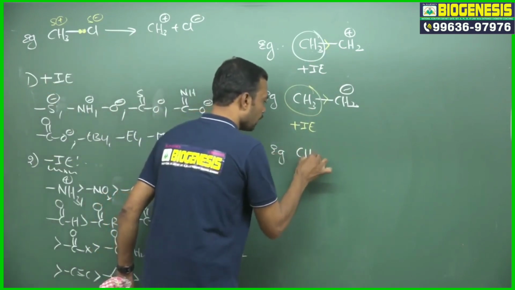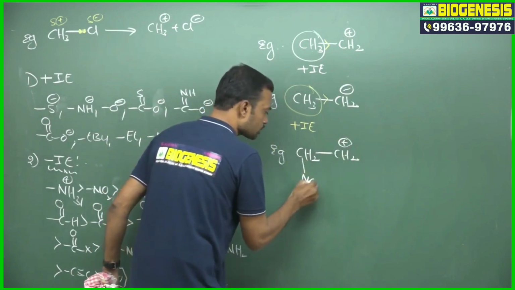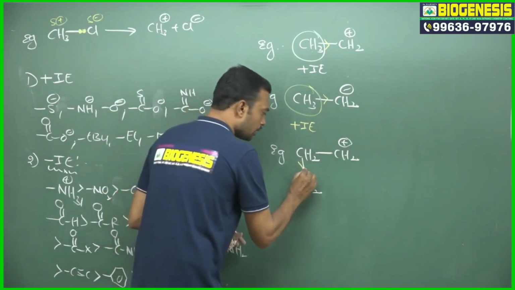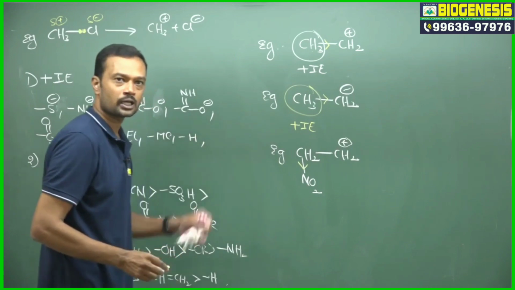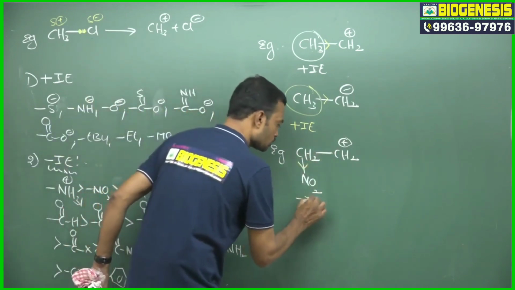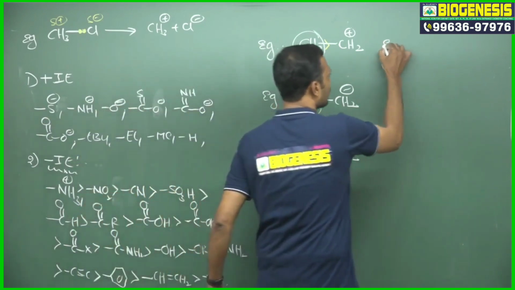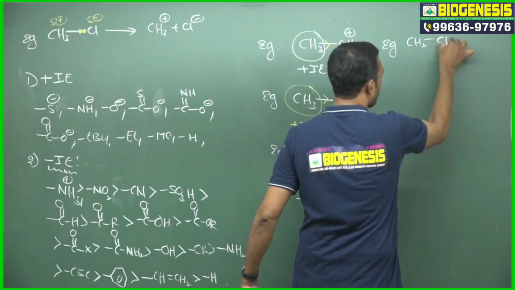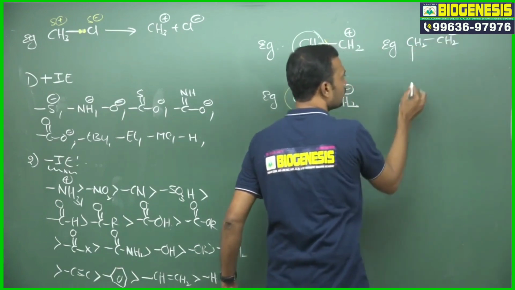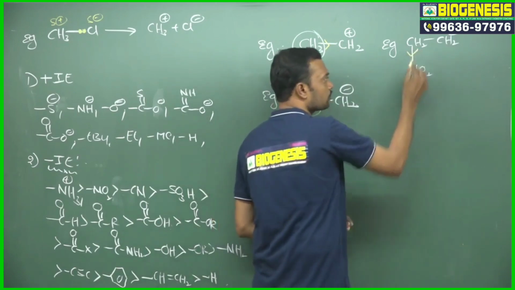Okay. Now I am taking a nitro group here. This is plus and here. What is the role of nitro? Nitro is an electron withdrawing group. It can withdraw through sigma bond only. Remember, it is withdrawing like this through sigma bond. So it is a minus IE group. Okay. Now even if you take a carbanion, it will remain the same. See, here I am taking a nitro group. It can withdraw electrons through this sigma bond.